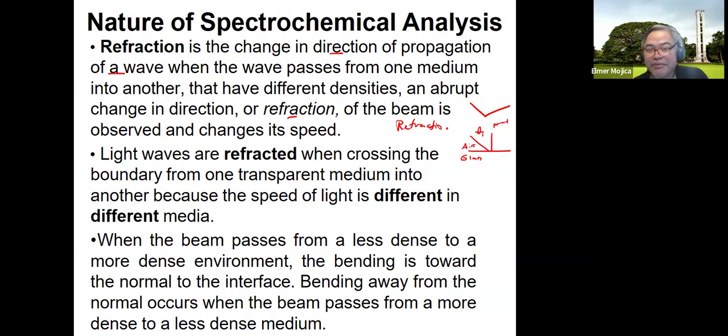Ano mangyayari kapag nag-pass from air to what we call glass medium? So usually in one way or another, so this is the normal, there's a refraction that will happen. So like that one. And this is the angle of the, what we call, not really refraction, but refracted angle. So we could shoot this as this is 1, and this is what we call 2. And the way you do it is,